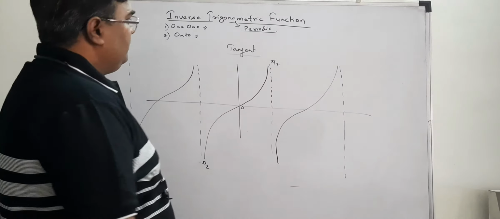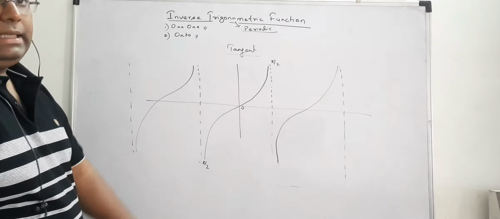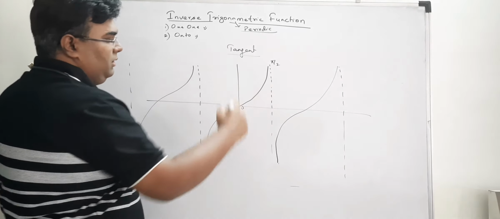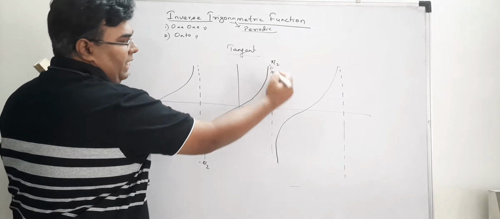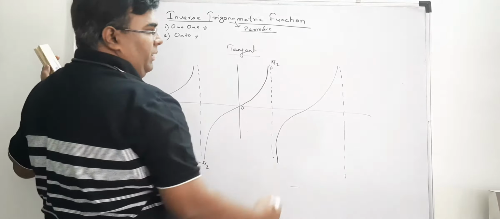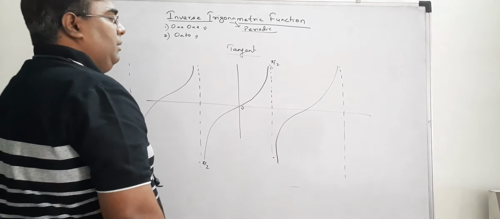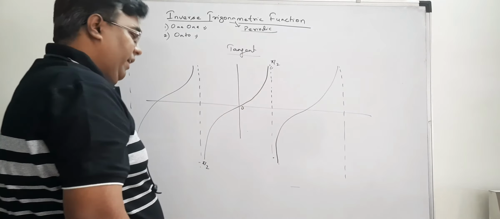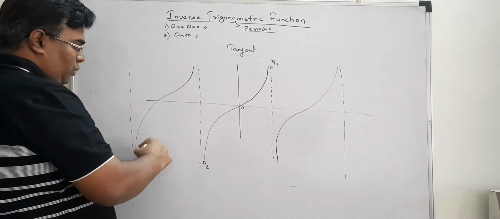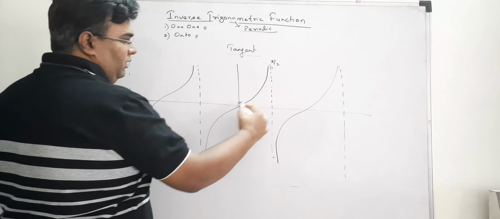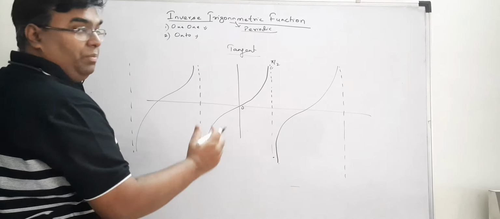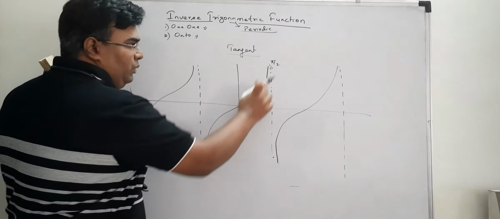Now for tan function, tangent, the graph is like this. If you draw a graph of tan function, it will be like this. So there is a break here, a gap you can see, at pi by 2, at minus pi by 2, at 3 pi by 2, basically odd multiples of pi by 2 where tan is not defined. So here also tan function, we can make the whole section an inverse function. These sections can be made into inverse function, but we will take only principal values as from minus pi by 2 to pi by 2.